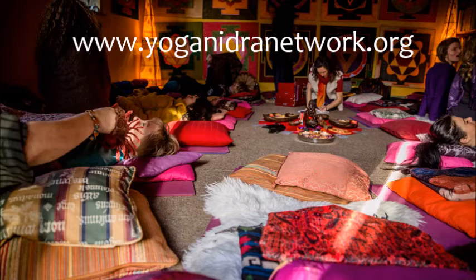I invite you to do a similar thing with the left side, to observe the space between the thumb and the index finger, the space between index and middle finger, middle and ring finger, ring and little finger, the volume of space occupied around the palm of the hand, and the distance along the back of the hand, the wrist, the forearm, the outside of the elbow, the upper arm,